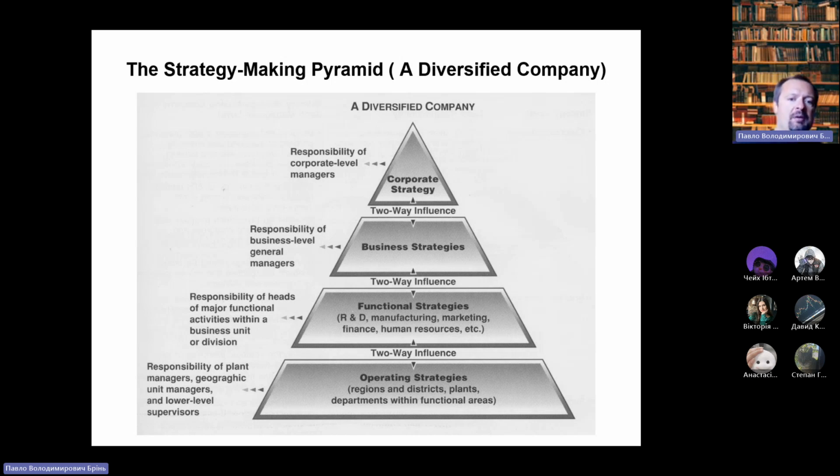However, the company must also have functional strategies. Functional strategies are everything connected with functional spheres of the company. So any company has a financial department and some set of objectives connected with finance. And maybe actually these objectives are not connected with the general objectives. They are not connected with customers.